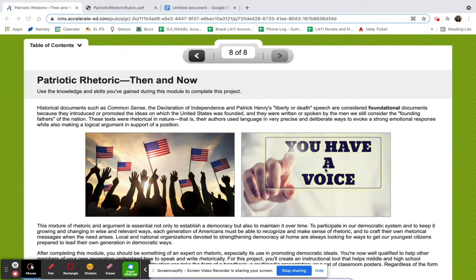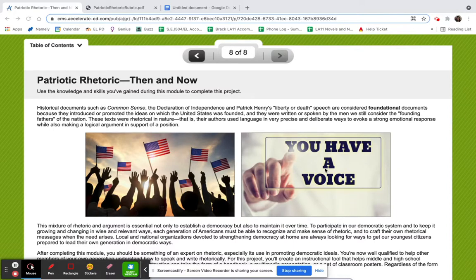But just so we all have a clear understanding of what rhetoric is: the specific language that writers will use to persuade or entice their readers or their audience to act or to change their way of thinking or to just do something that they want them to do. And rhetoric is something that we see very, very frequently in our foundational documents that we've read in text from